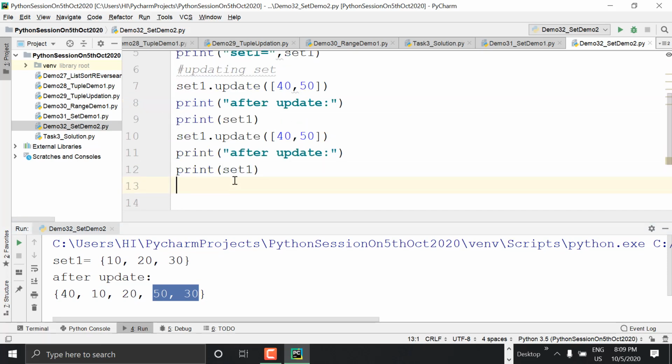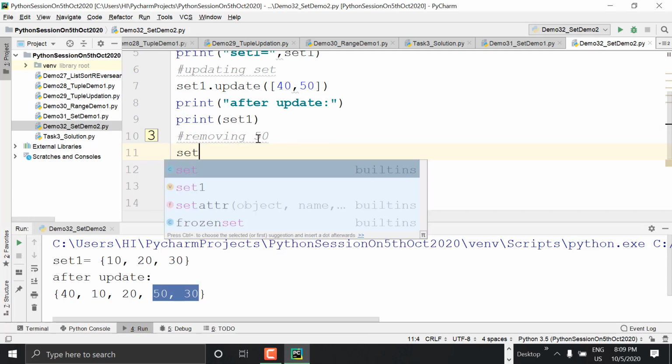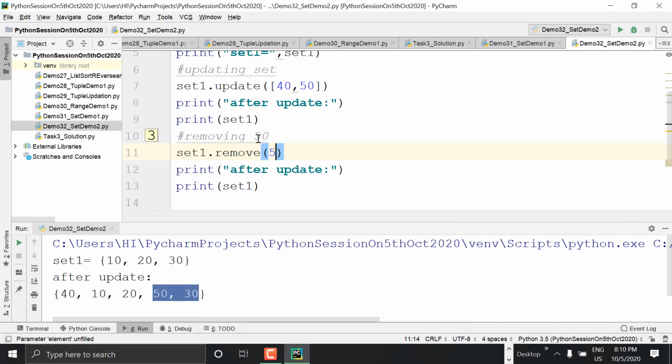See what is there? 50 got removed. Irrespective of the index, we need not bother about where it is located, but we have 10, 20, 30, 40. Unique values are there in my set. So in this way, we can work with sets for updating as well as removing.